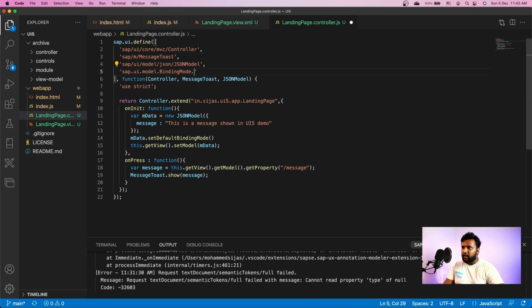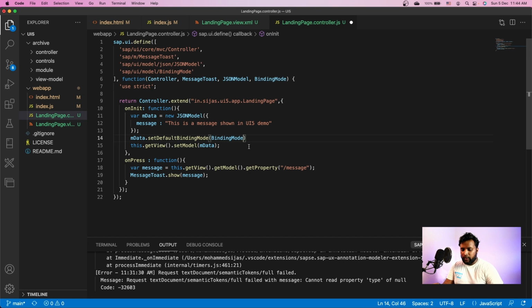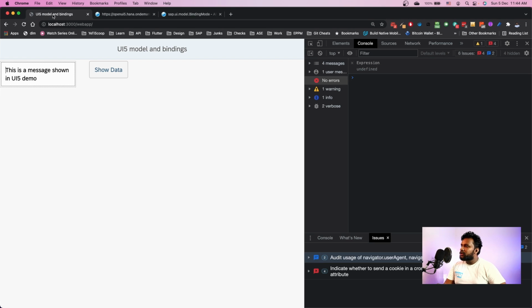I don't need one way. I need sap/ui/model/BindingMode. I get the instance of BindingMode, and I just say BindingMode.OneWay. As soon as I set it, you don't see any difference here, because when I click it, I haven't changed anything.